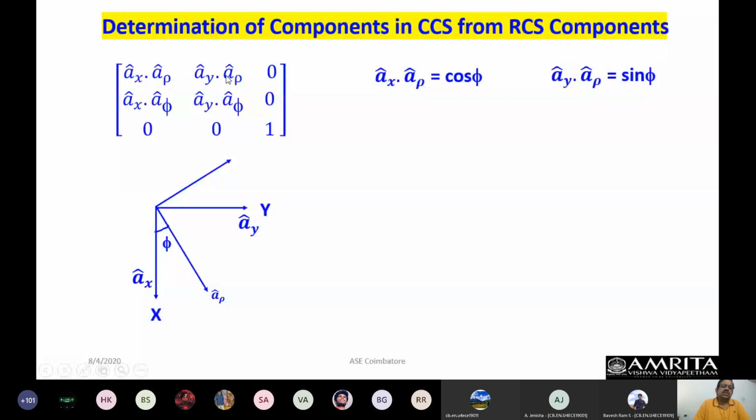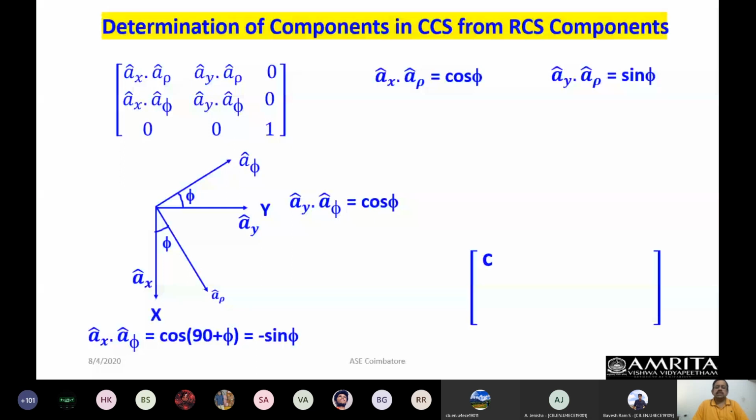How do I do that? So I need, this is my direction, I have to project this vector over here. I need to know what is the angle between them. If I know the angle, I am done with that. So what is the angle here? Because I know A rho and A phi are mutually perpendicular. Therefore, once I know that this angle is phi, and this is 90 minus phi, this will be phi. Therefore, these relationships are super simple.